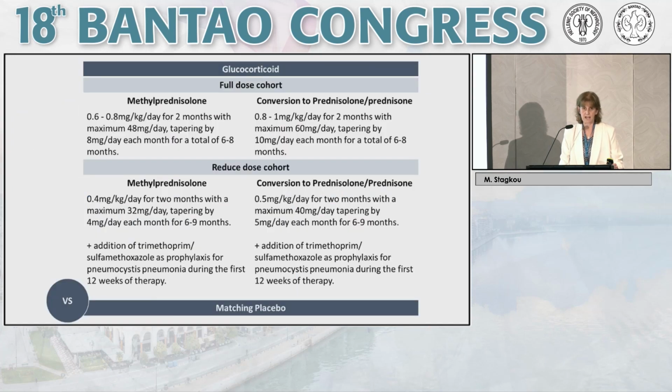So what about the amounts of steroids given in these trials? We said about the POSI regime, which is 3 grams of IV on months 1, 3, and 5, and on all the other days per os steroids. But in the TESTING study, we had very huge amounts of steroids, about 1 milligram per kilogram per day, for almost 2 months. We never had a patient who could tolerate such a huge dose of steroids for so long. And this was the reason why the investigators had to reduce the dose to half and also add antibiotic prophylaxis for Pneumocystis carinii.